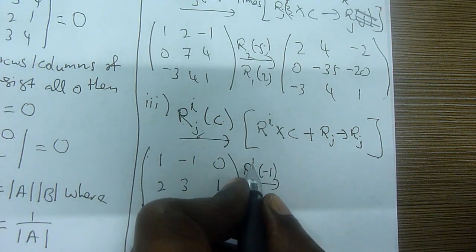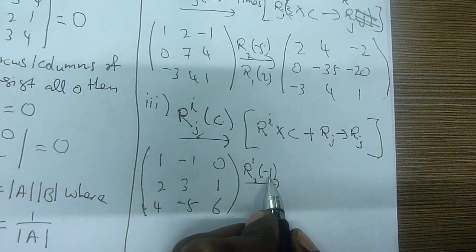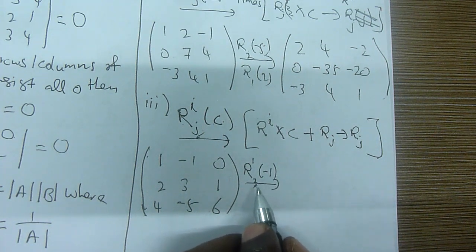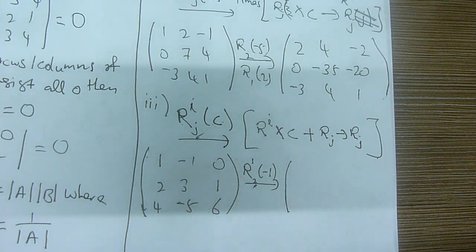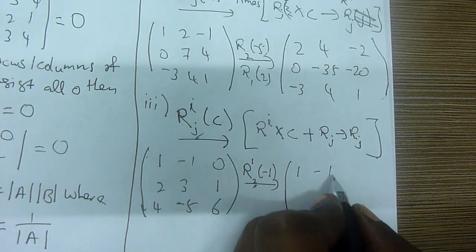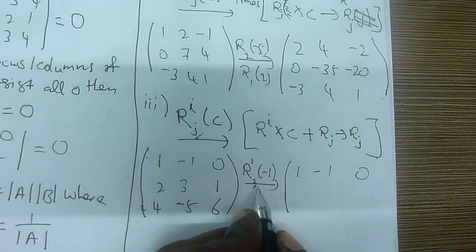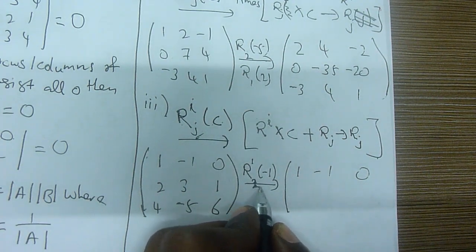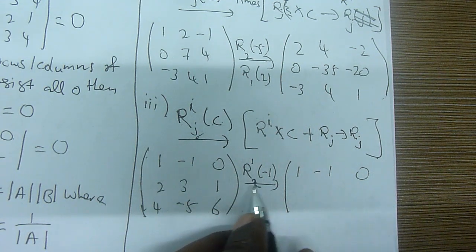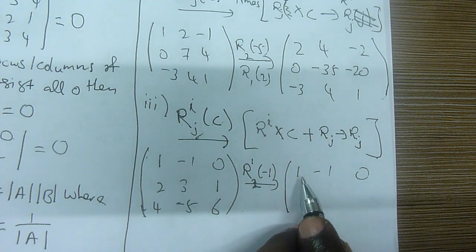You need to take row number 1 times the -1, add it with row number 2 and place it in row number 2. You see, we're going to do that. We take row number 1, which is -1. You never change anything, row 1 you don't change, because this will change row number 2 only. This is row number 2 only we are going to change. Therefore you take a -1. -1 times 1 is -1, right?